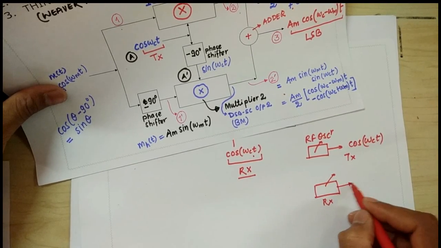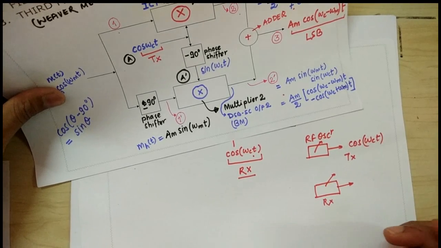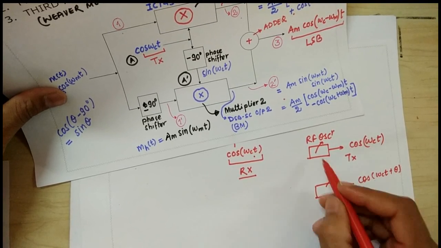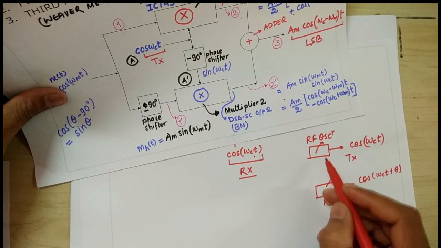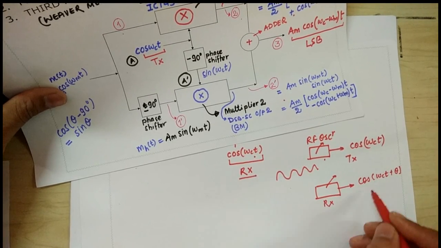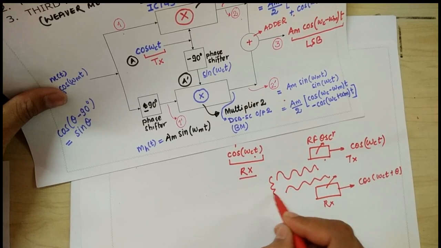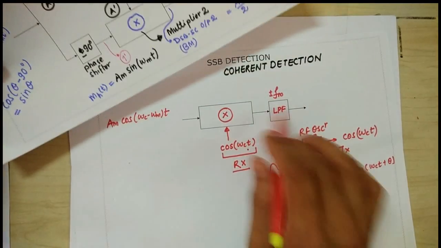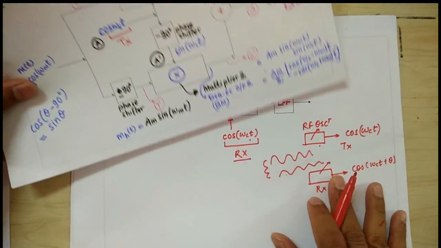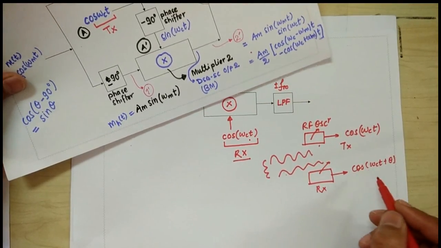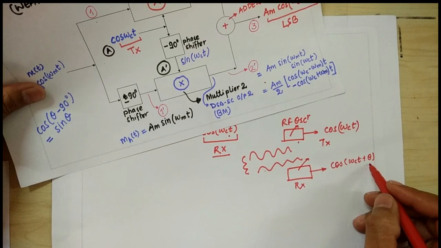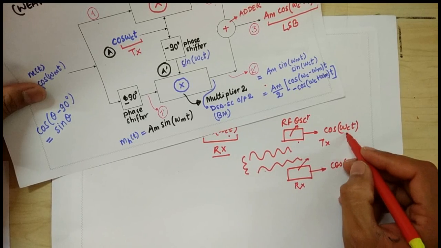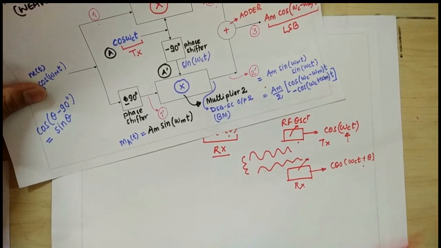it is a possibility that it's actually cos(omega c t plus theta), because these two signal generators are not the same signal generator. So this is going to generate a sine wave, this is going to generate a sine wave, but they may not be in the same phase. If they are not in the same phase, then this detection is not possible. So that's why the carrier signal which we are going to generate here